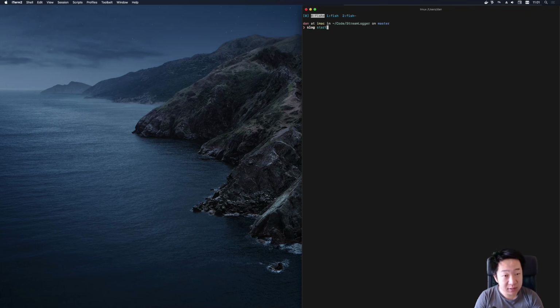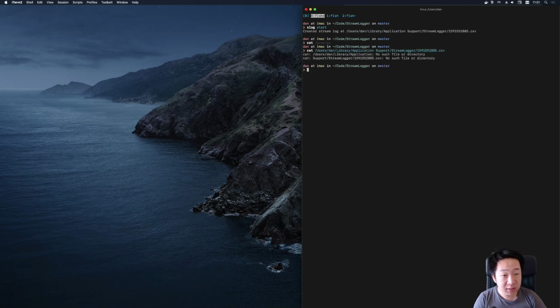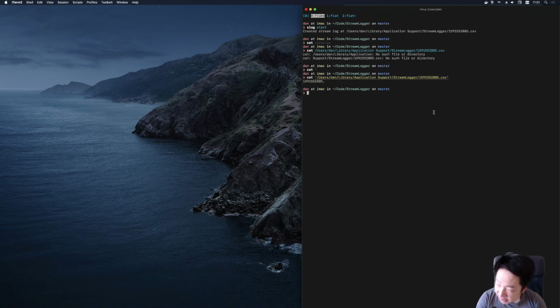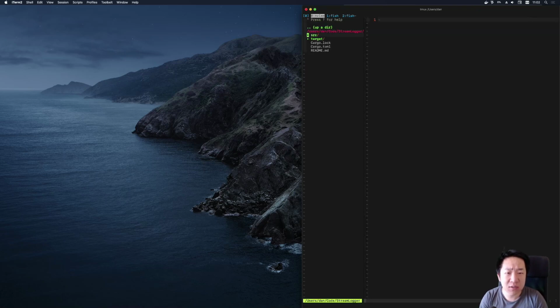If I just type slog start, that'll give me this log file, and we can take a peek. All that should be in there, if I can properly handle the path, is a timestamp. This is seconds in Unix epoch time. The first thing I want to do today is finish this little part in the software